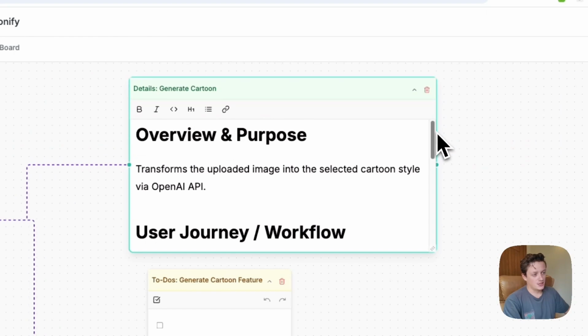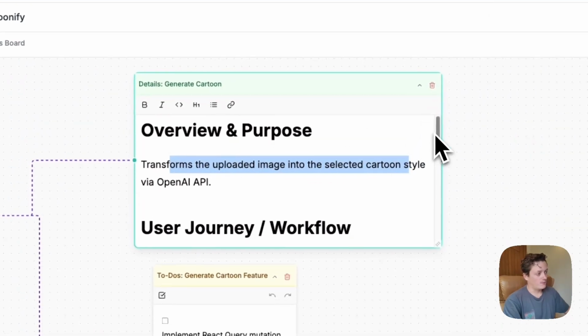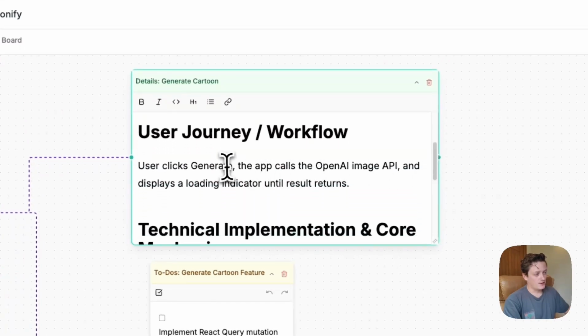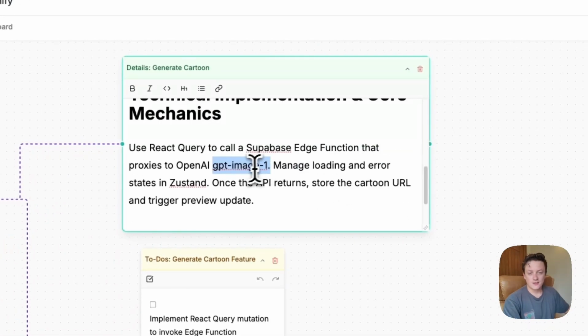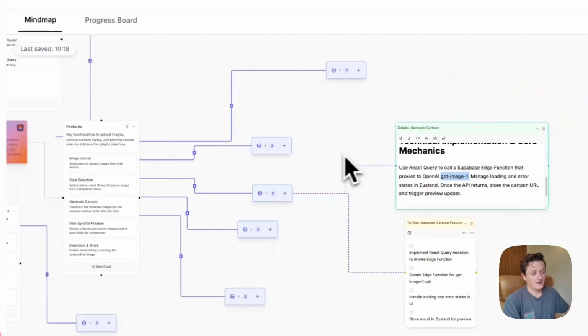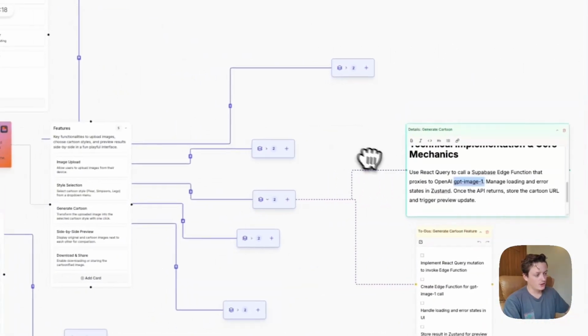So this one here is generating the cartoon. It transforms the uploaded image into a selected cartoon style via the OpenAI API. The user clicks generate, the app calls the OpenAI image API and displays a loading indicator until the result returns. All of this is stuff that you would have to figure out yourself and write out in detailed prompts yourself, and it's just figured out the tech here and it's using that in the description for each of these